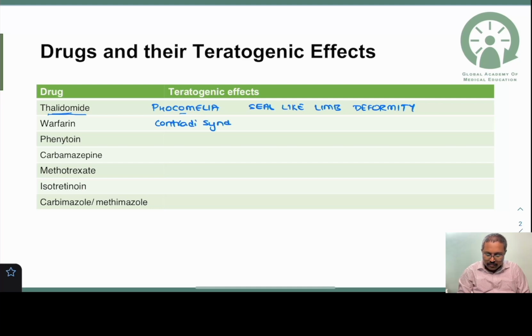Contradi syndrome, as well as it also causes fetal warfarin syndrome. So what about phenytoin? Please remember, phenytoin will cause fetal hydantoin syndrome, which is characterized by